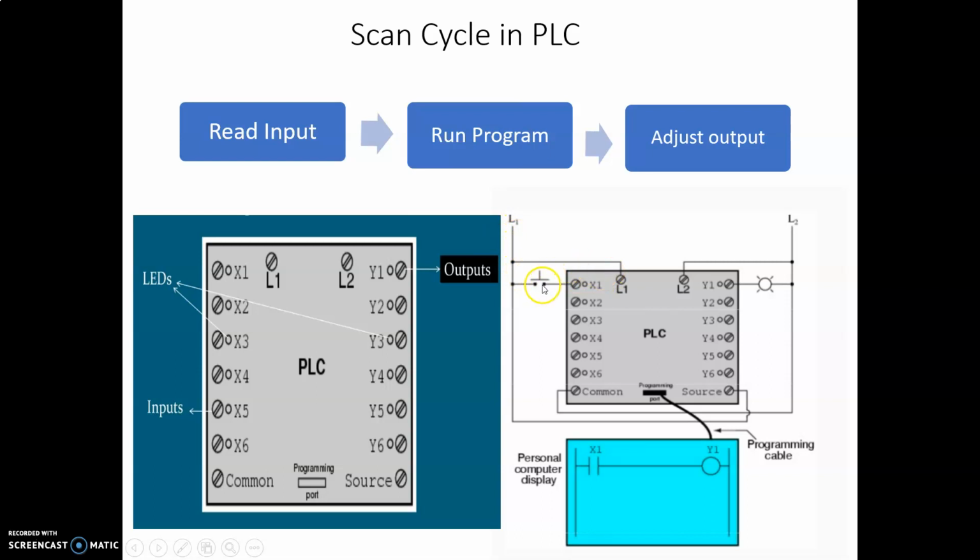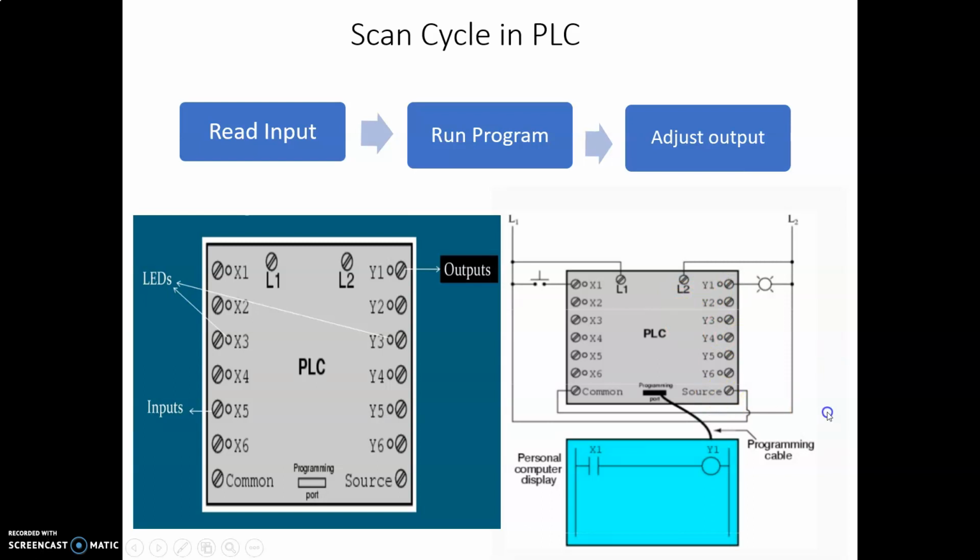Look at this switch here. This one is shown as the open switch. This one is shown as an output. So as soon as I close the switch, the supply will flow from this higher power source into this part. It will move over into this connection here, right? In this way we get a certain output. Simply like a light switch, where we just close the switch and we get the output in the form of light. This is the simplest type of image that we have shown here. We will discuss that in detail in the coming slides.